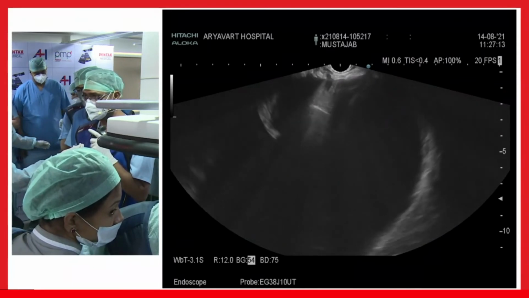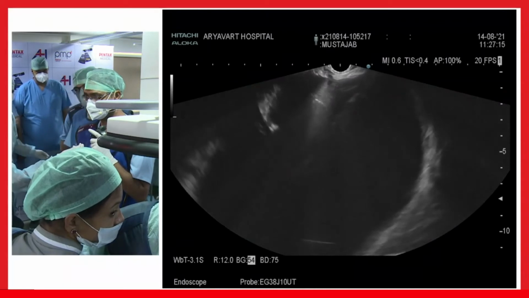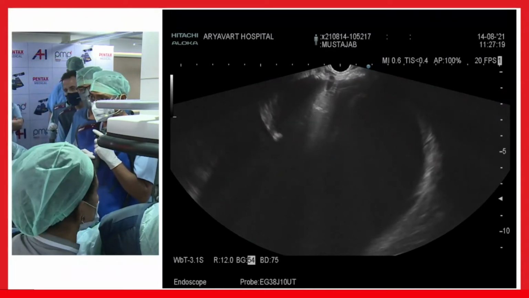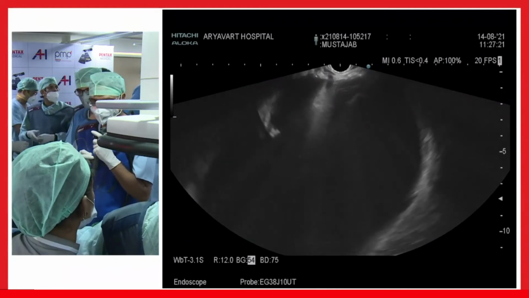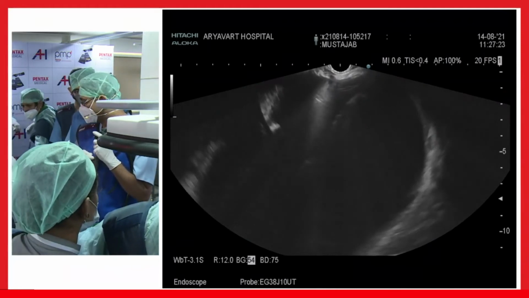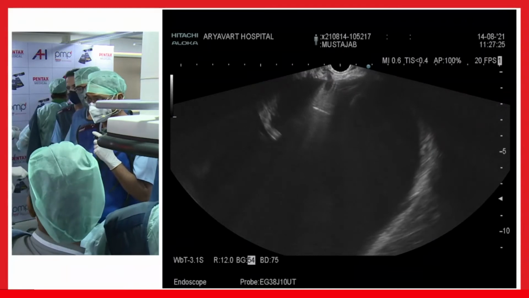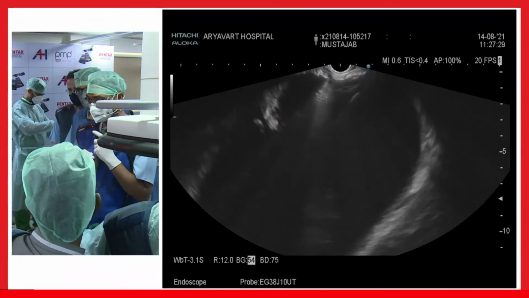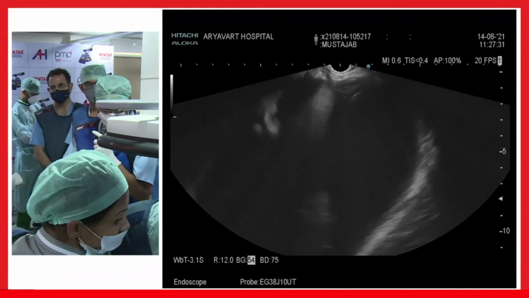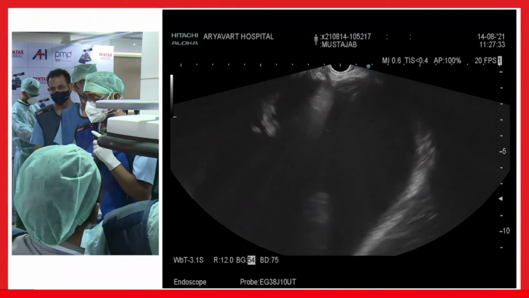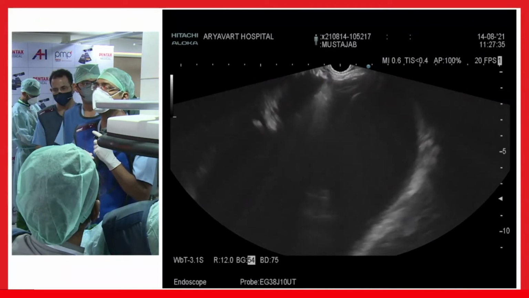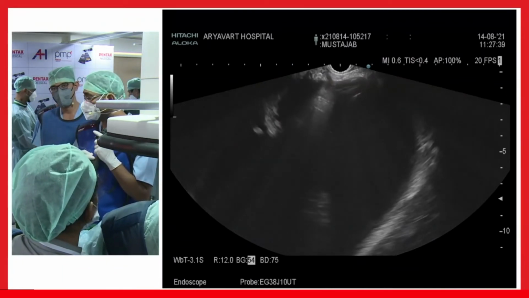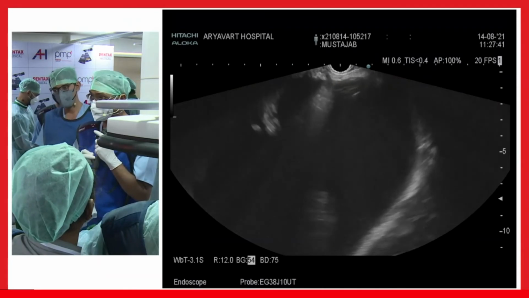Yes, sir. So do you prefer all your patients to be intubated during cystostomy? Yeah, all patients with intubation, because it gives you peace of mind. The patient will be completely sedated, and also in a cyst cavity, after drainage, lots of fluid will come into the stomach cavity, so there is always a risk of aspiration.